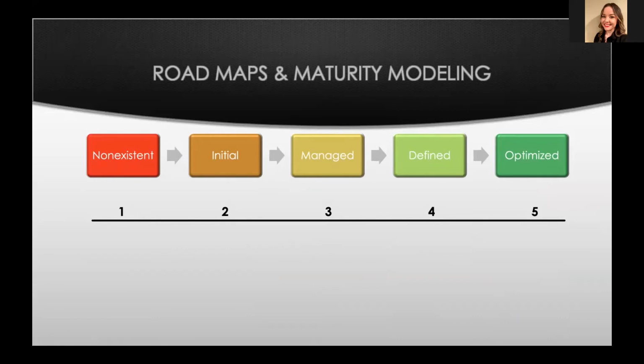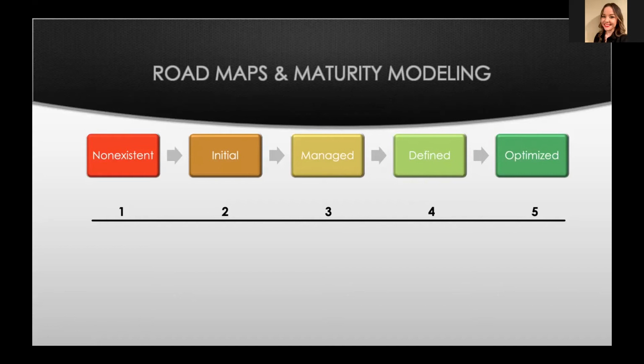So if you're looking at ISO, they'll have access controls or operational security, things like that. For other areas, you may have different categories, but basically, it's a matter of within that category or that specific control requirement, whatever it is, does it exist? Is it even there? Is it built up a little bit? Is it fully optimized? So this is kind of a maturity level of how something inside the organization is actually working in its current state, right?